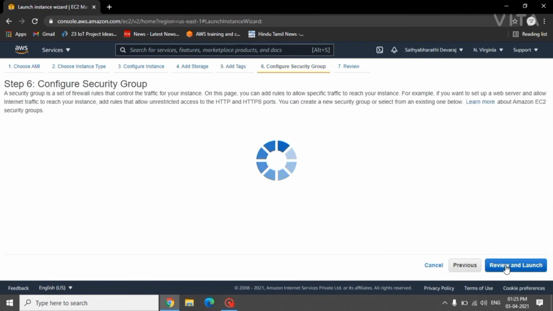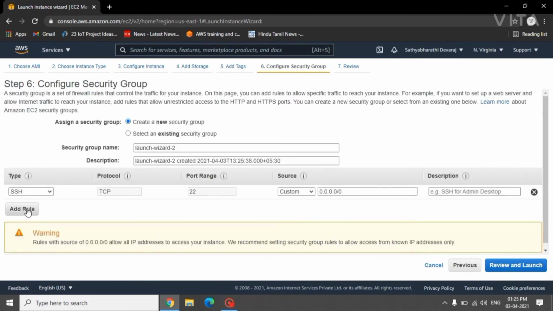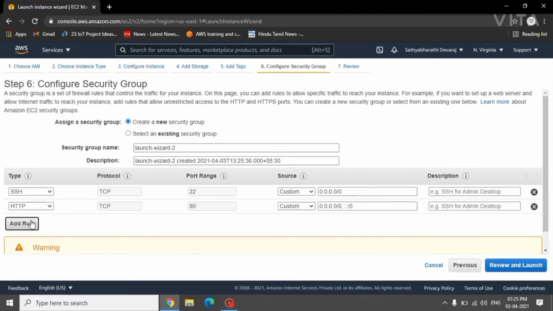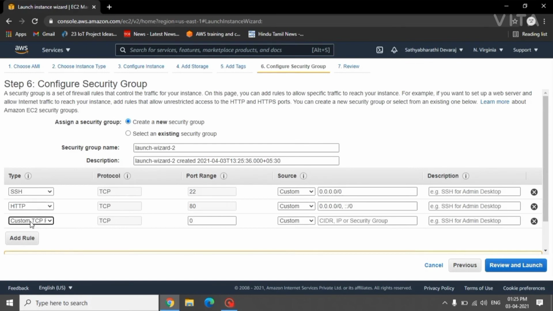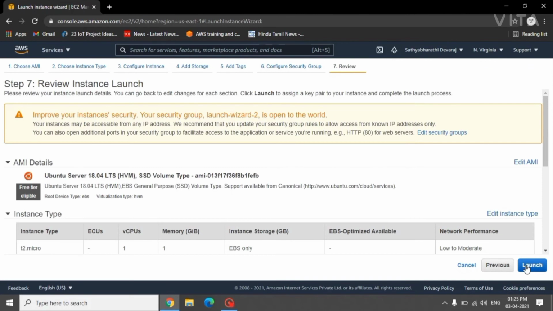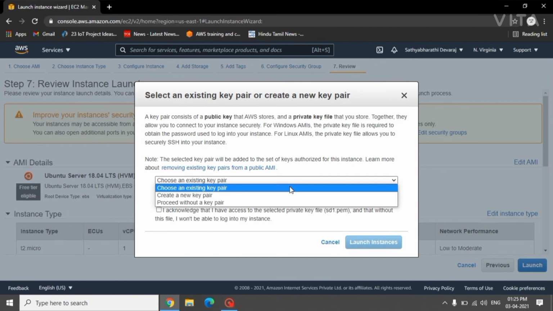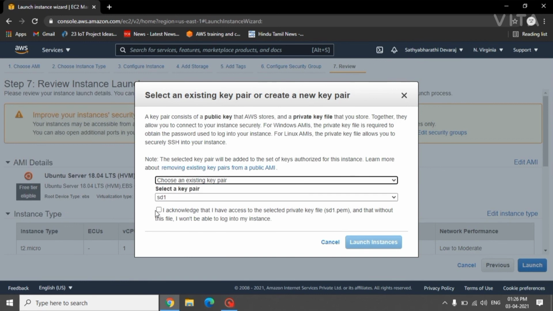Here let's add HTTP and HTTPS. Then give review and launch. So let's launch the instance.